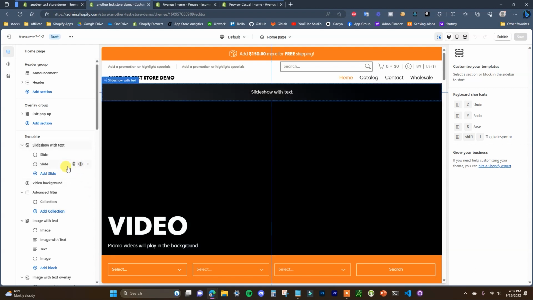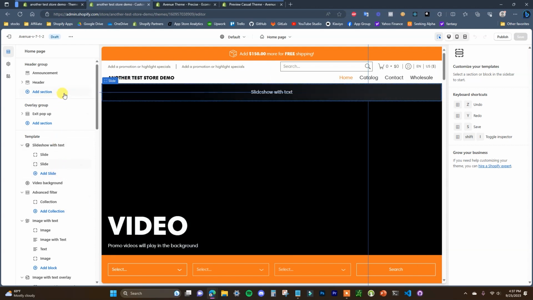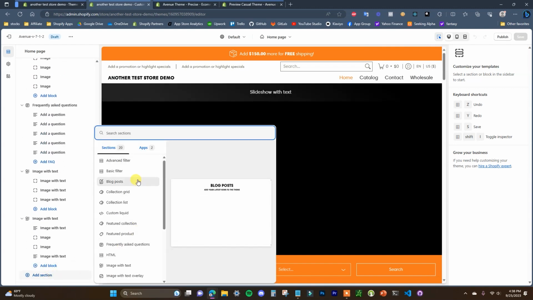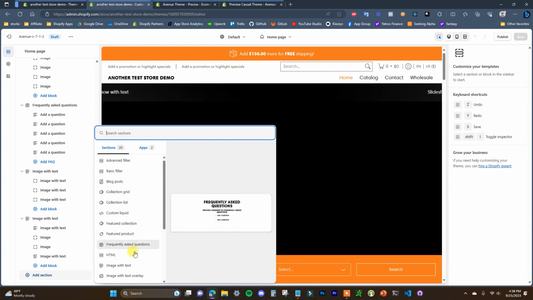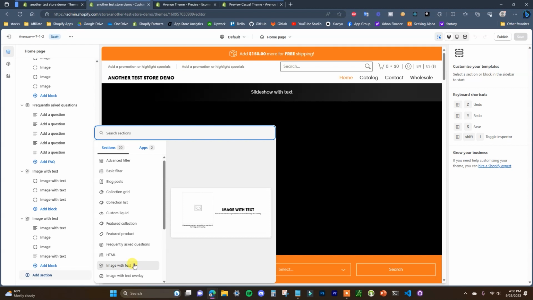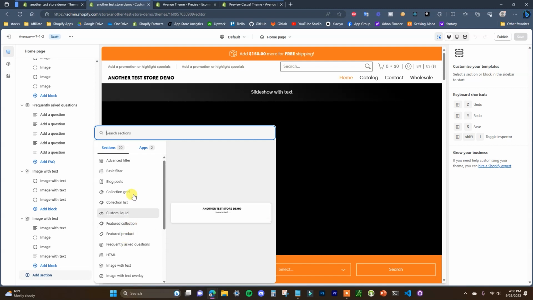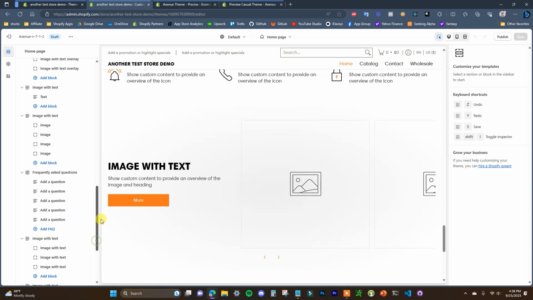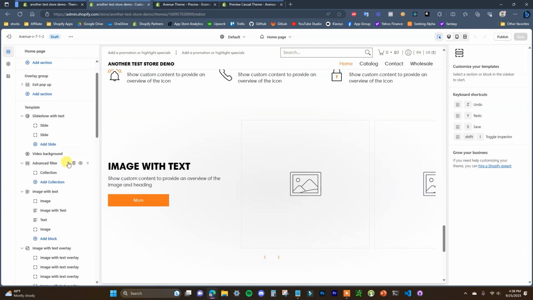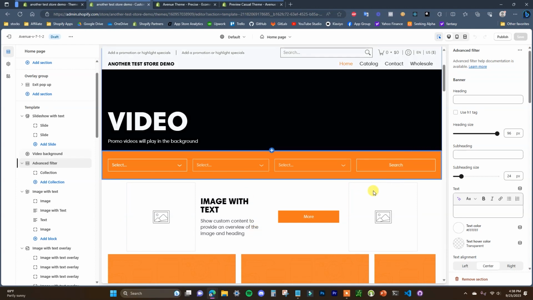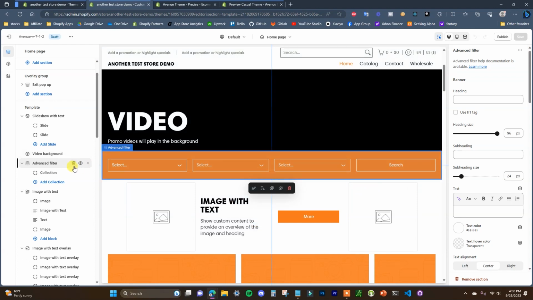And like with a lot of premium themes, you'll notice that whenever you go to add a section, if I were to come down here and add a section, you're going to see that there are a lot of different options that aren't always there. So sometimes you're going to have your standard ones within Shopify, like image with text, etc. But then there are a lot of specific ones that come with this particular theme, like the advanced filter, the basic filter. And also with these sections, if we were to open one up, let's say I'll open up the advanced filter, a lot of the editing and customization for all of these sections is going to be